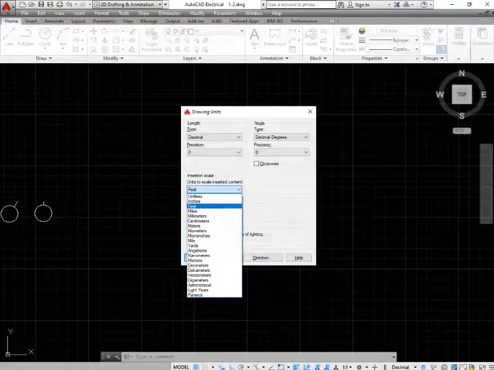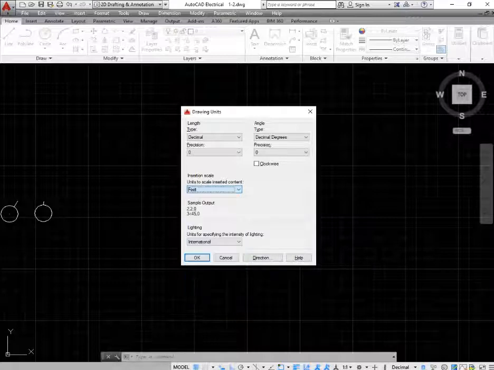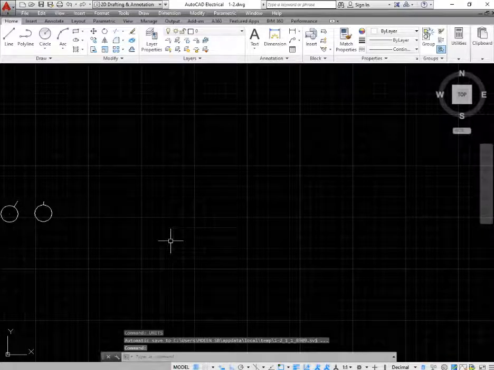Here I have selected the feet. There are more options: inches, feet, millimeters, centimeters, meters, kilometers, but we want to draw a drawing in feet, so I have selected the feet. Select the feet and press OK. Now every line drawing, every circle, rectangle, any type of shape which you draw and give a dimension, it will be in feet.